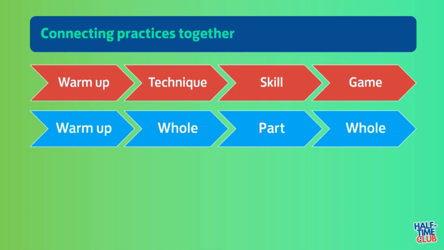So the part bit would then be, if I'm doing the press one, for example, I might put them into smaller groups and work out what behaviours we want them to do and detail and stuff like that. And then we place it back into the game with maybe the same condition that we had in the first game, and we look to see if there's been a change or an improvement or change in understanding of what we've been speaking about.